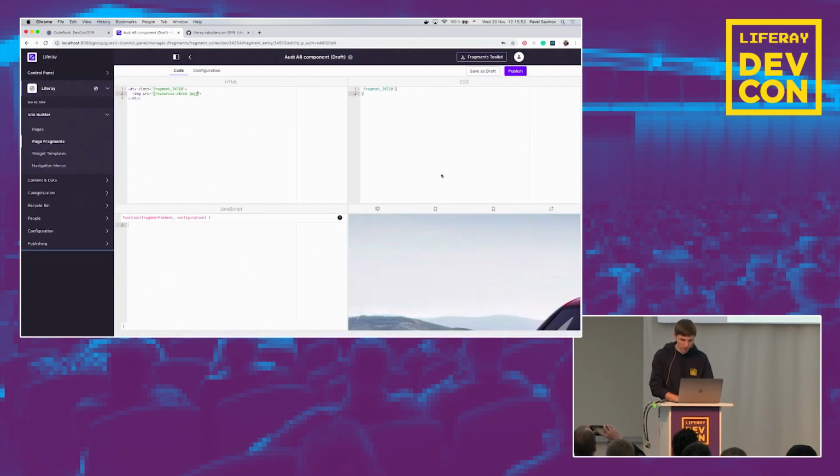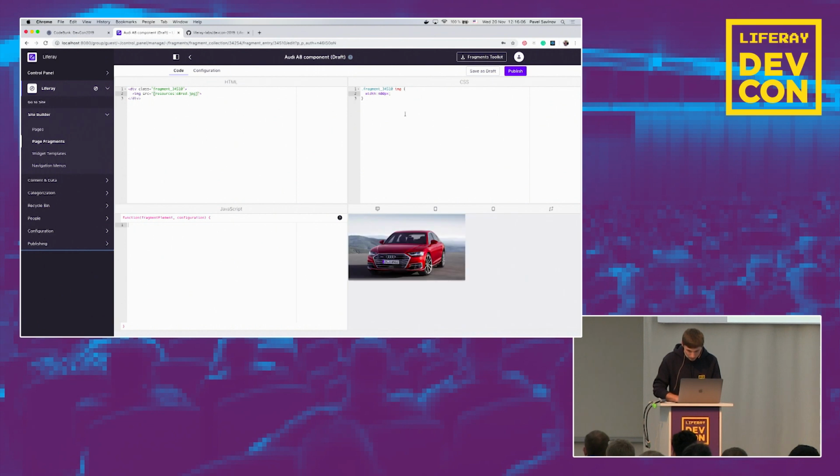And it renders my resource, my image from the collection resources. Here it is. We consider it quite powerful,